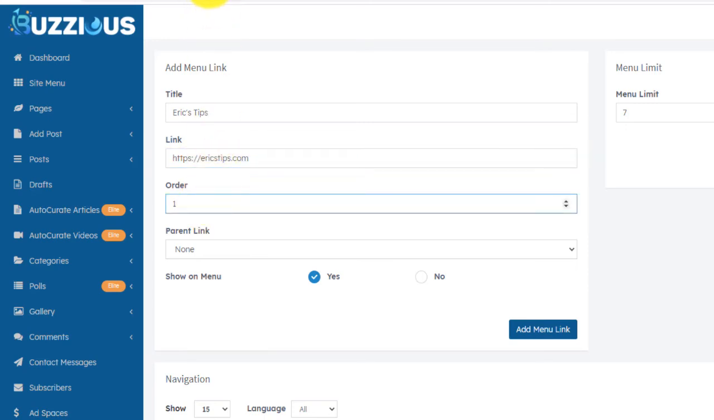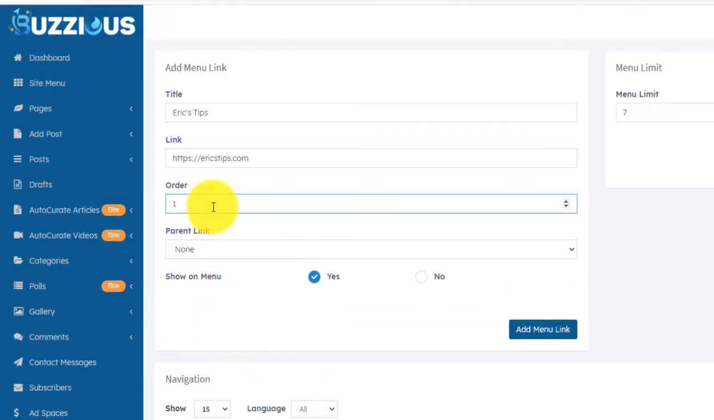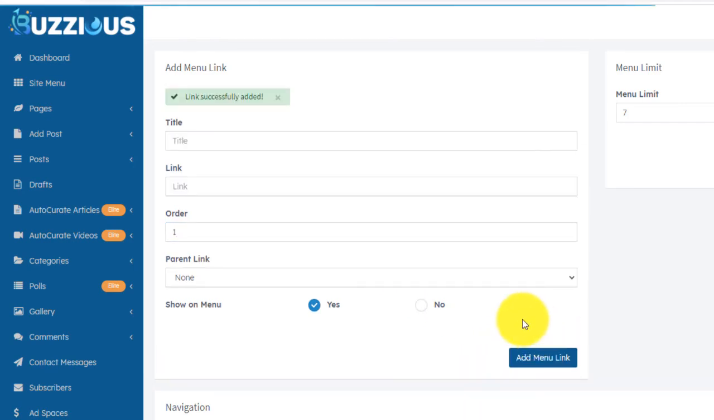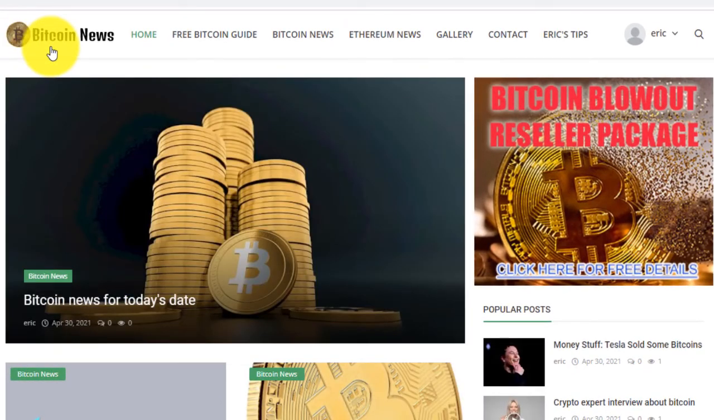And order, so I don't want it to be number 1, I might want it to be the last one, so let's just say order 7. And then add menu link. Okay, now if I go back to my home page, click refresh, we've got our categories where we've got the